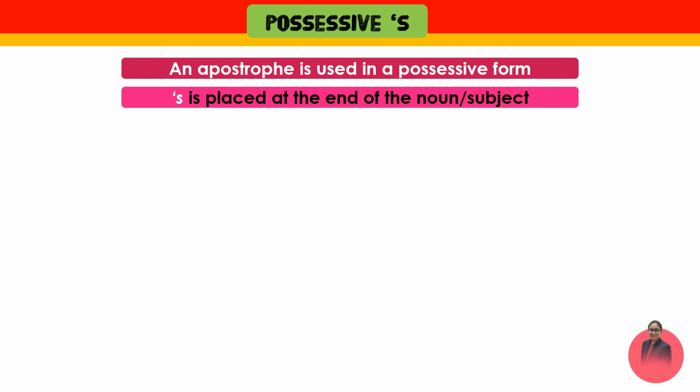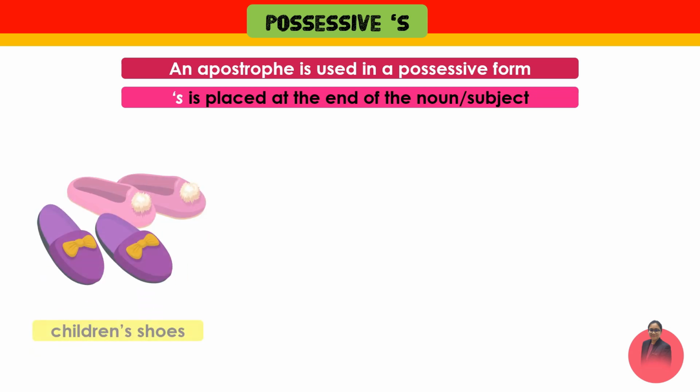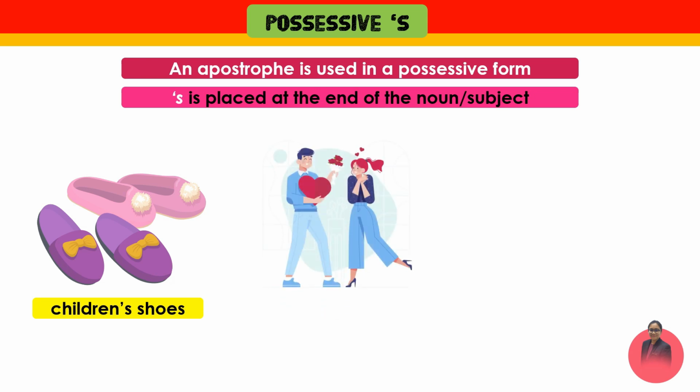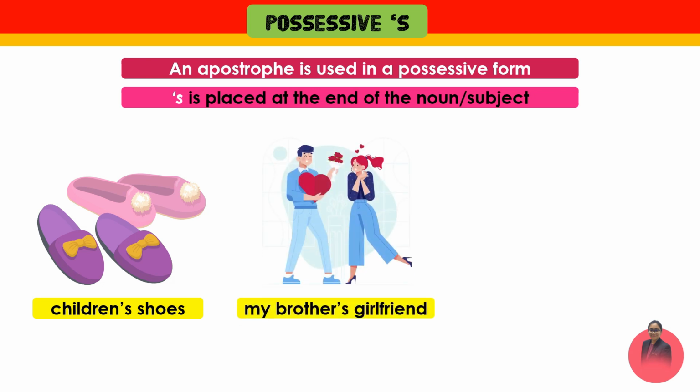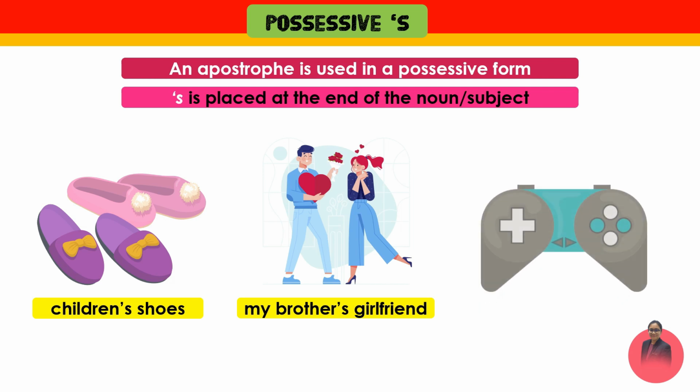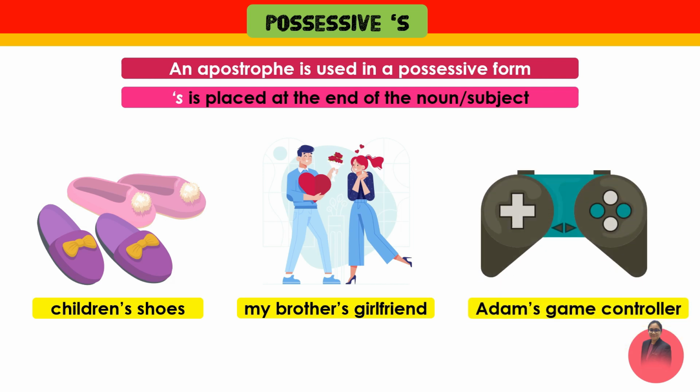For example, children's shoes, my brother's girlfriend, and Adam's game controller. These are among the basic